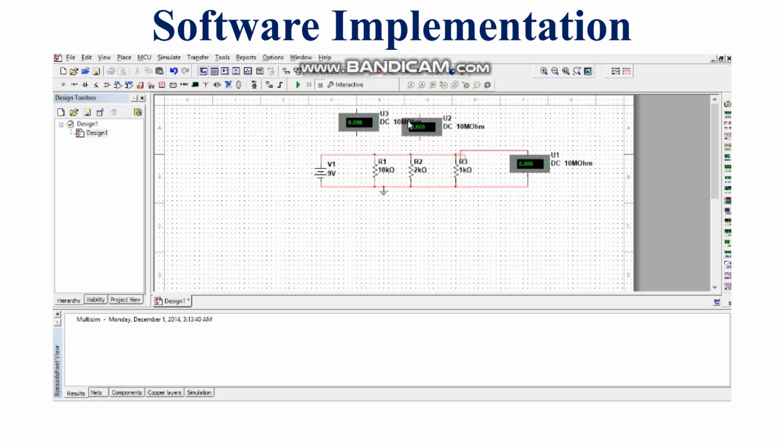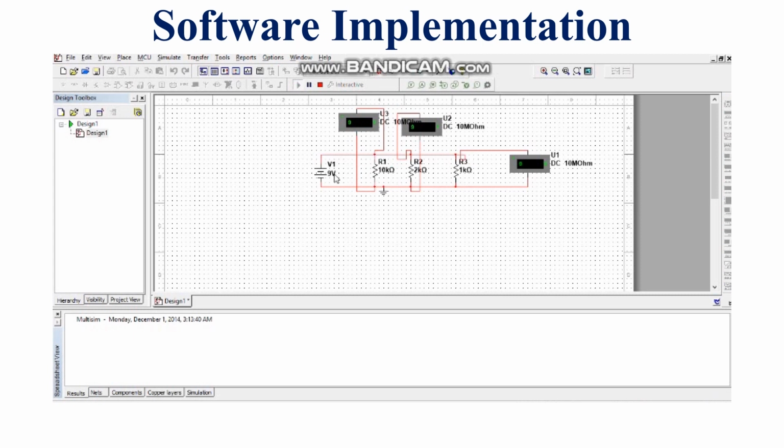Across R3 we have a voltmeter, across R2 we have a voltmeter, then click on the run button.